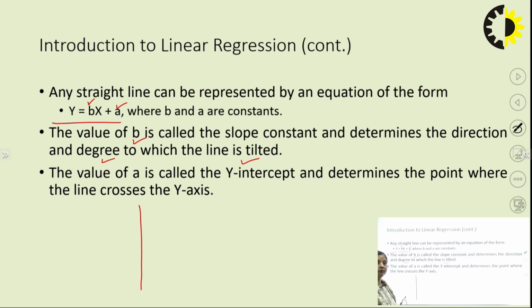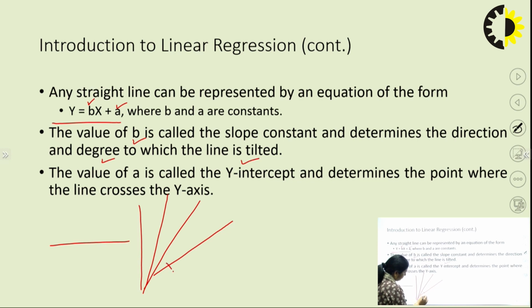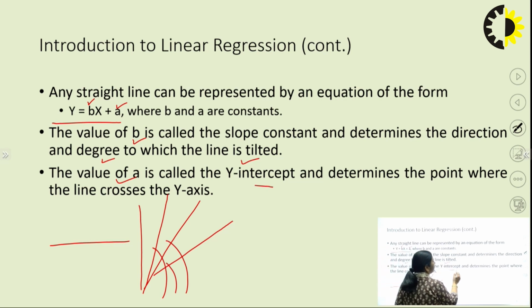It is parallel to the y-axis. It can be a horizontal line. It can be tilted to some extent, more tilted, and so on. So we see this direction with the help of slope. This is found with the help of slope. And what is a? The value of a is called the y-intercept and determines the point where the line crosses